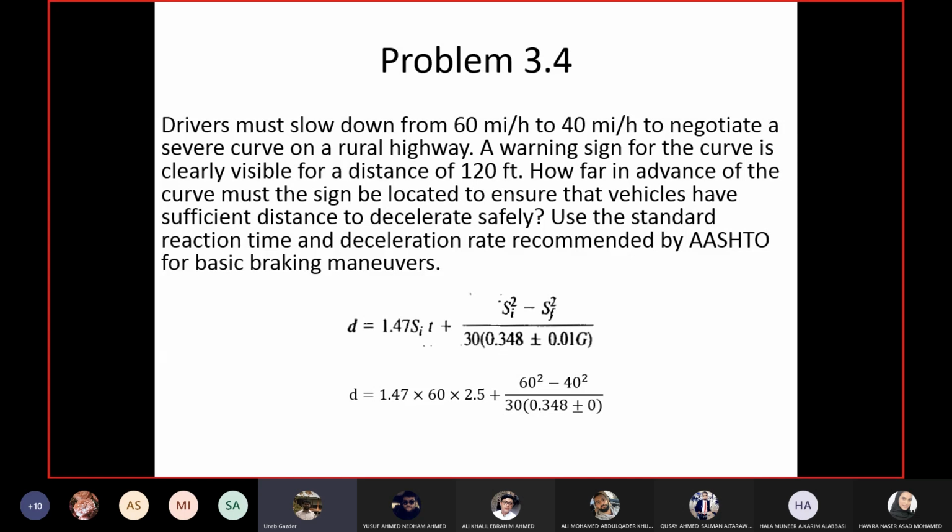If they said, how much distance he needs to go from 60 to 40, then you may use only braking distance, but they are saying he will look at the sign first and then he will do all these things. So when something is taken from the time the driver looks at the object, then the reaction distance component must be involved. This is why we have to use the total stopping distance, not just the braking distance, because the looking and the vision component is involved.